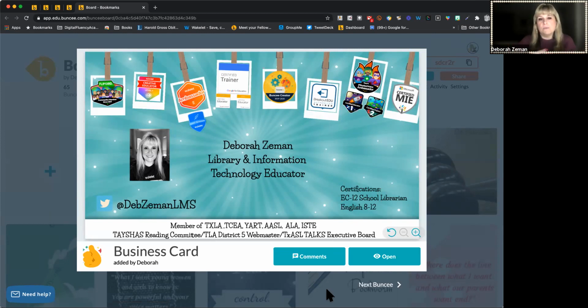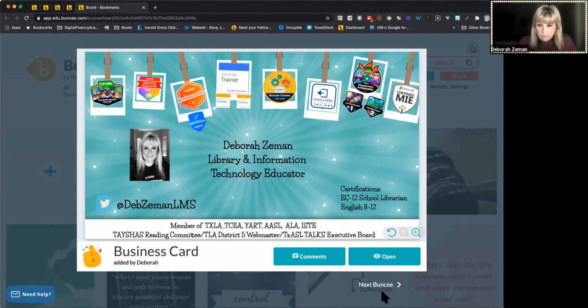What I liked is I was able to add in all my ambassador badges. As I update or get higher up the rank, I can take them out and put them in, so it's kind of like a real-time update. Then I download the PNG and add it to my mail signature. So that's one of the things that I created in here. And I'm able to put my information, my Twitter, and all the different things that I am a member